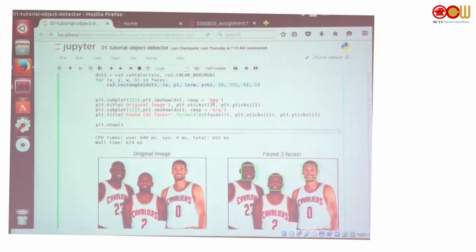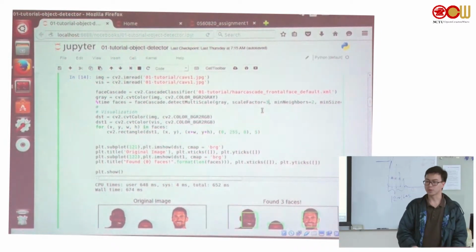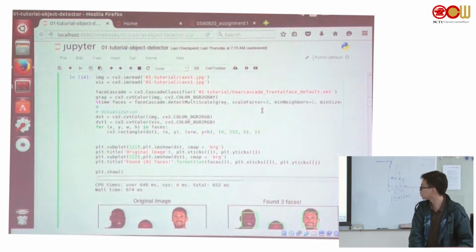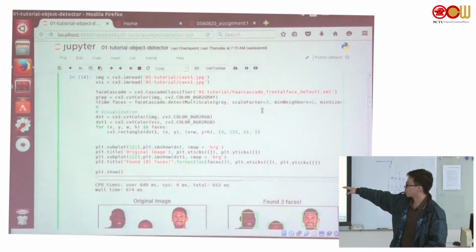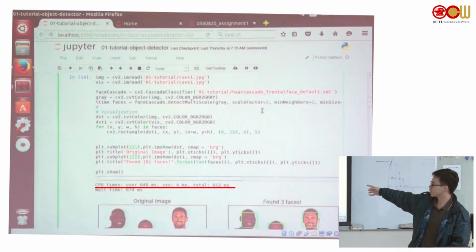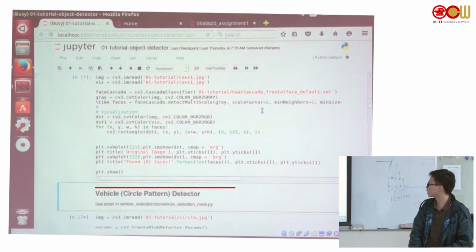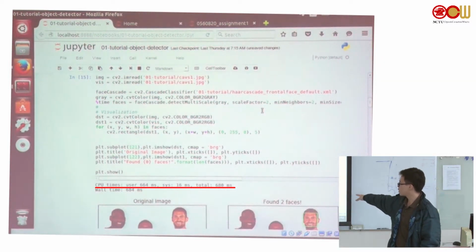Also, the scale factor. I forgot to tell you something about the scale factor. If you change the scale factor, it will also change how fast your detection computes. So it will be like this. For example, you can see in the bottom of the box, the bottom of the code, there will be CPU times, user is how many seconds. So you try to change, for example like 2, and we'll see that though the image is not detected,